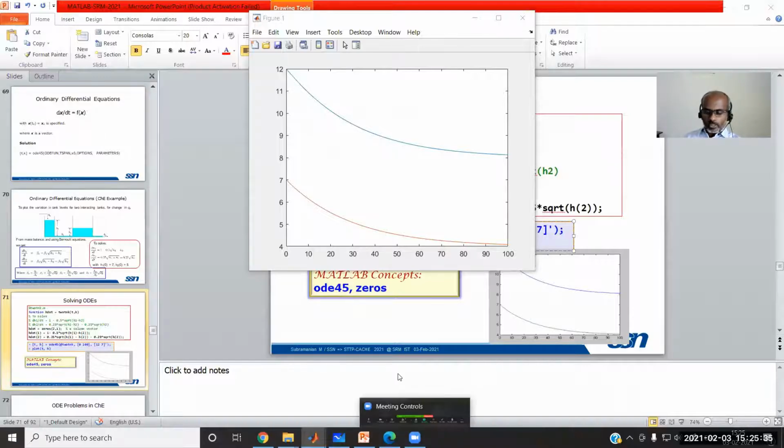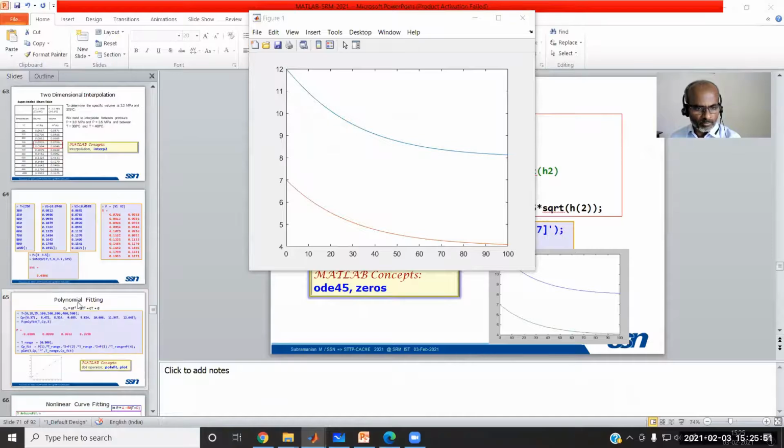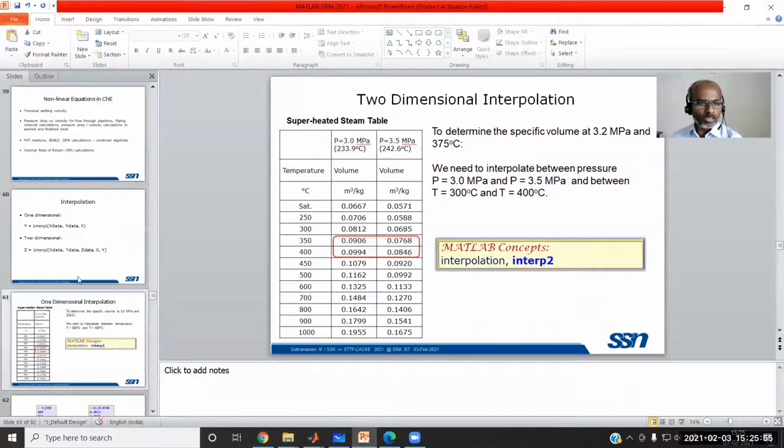Okay, to summarize what we studied in this afternoon session, we've seen how to solve a single nonlinear equation, how to solve multiple nonlinear equations, and how to solve an ODE. These three we have seen, at least we could spend some time on them. The other topics are available; I can simply tell you about them.